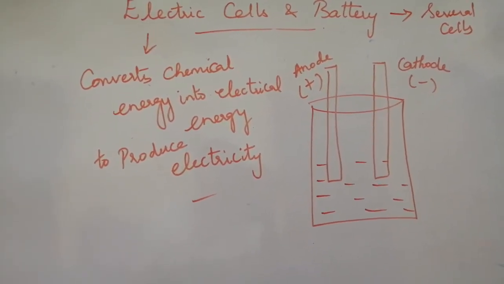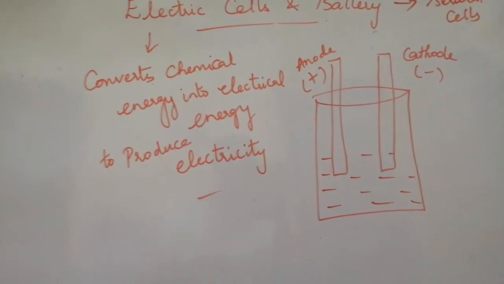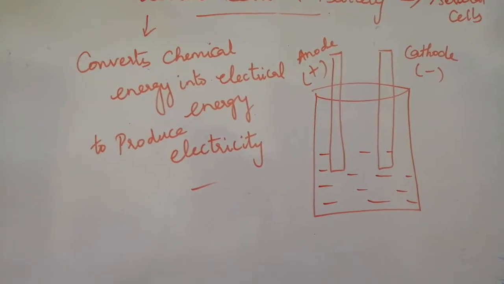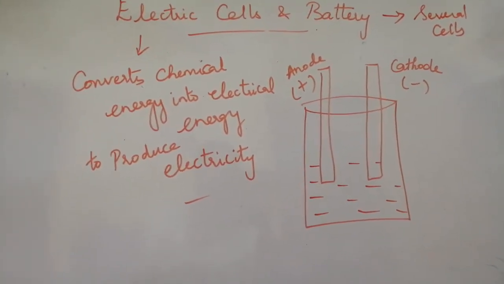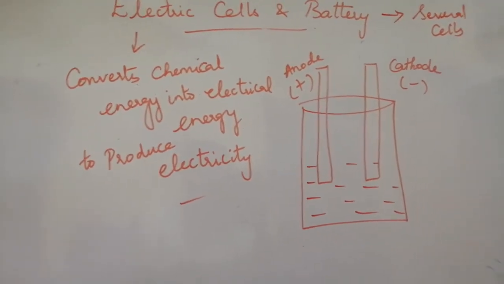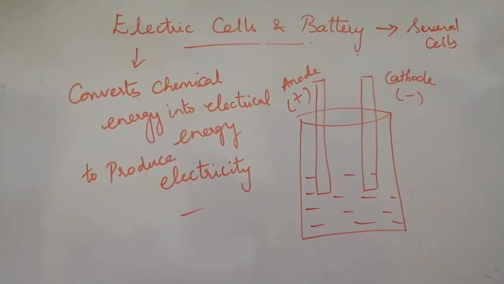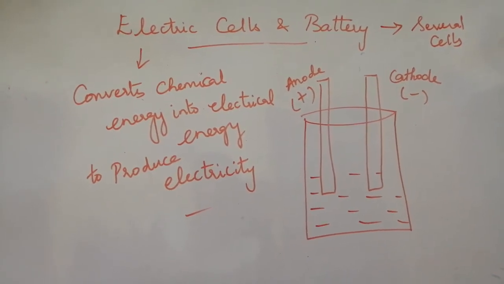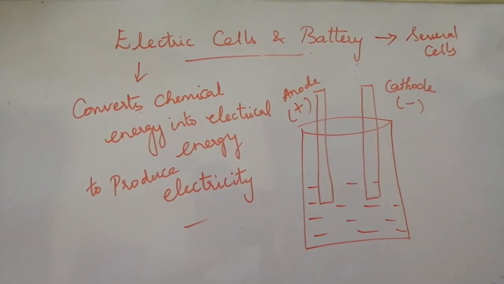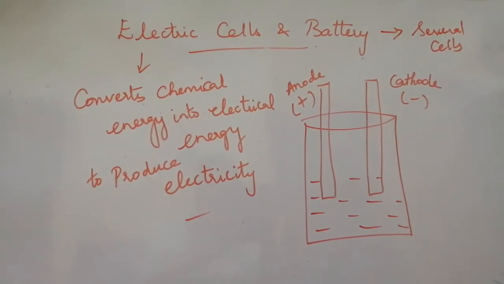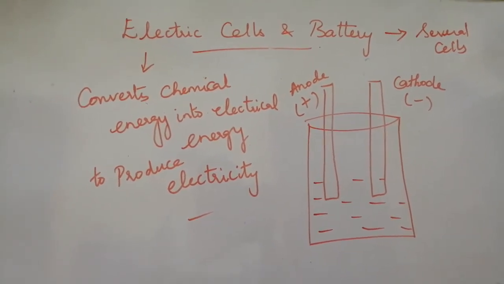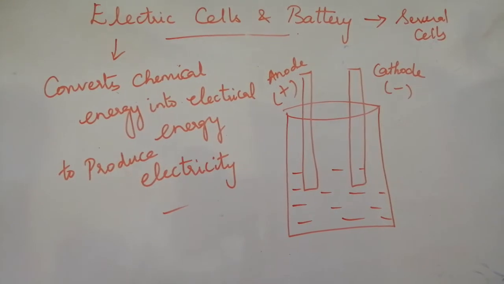Electricity is nothing but the flow of electrons. An electric cell consists of a chemical solution, in which the anode, one kind of material having positive ions, and the other kind of material having negative excess, two different materials, one positive and the other negative, called anode and cathode, are immersed in the solution.